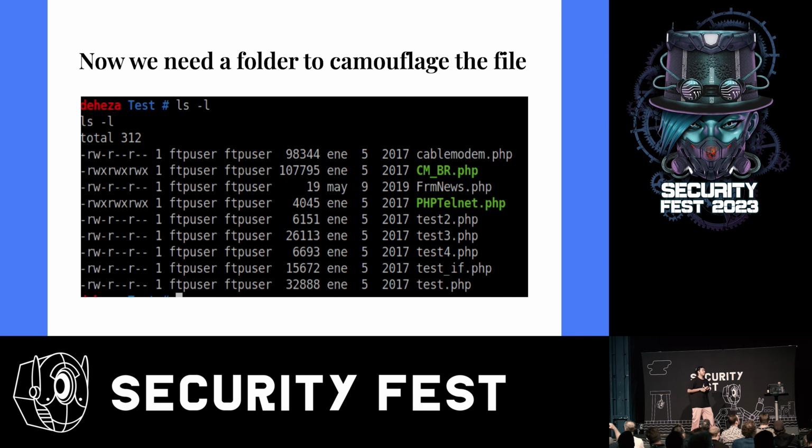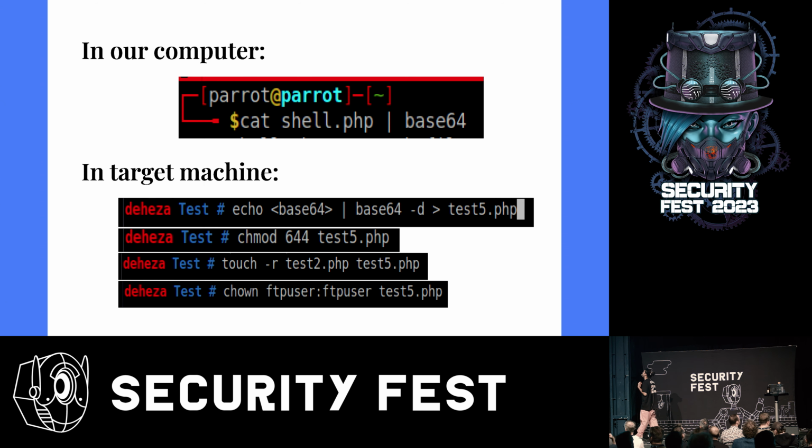And we have test2.php, test3.php. And I say, hey, if we create test5.php, maybe it doesn't matter, right? So I encode that in base64 just to make it easier to transport to the target machine. So I decode that one, and yeah, we have the